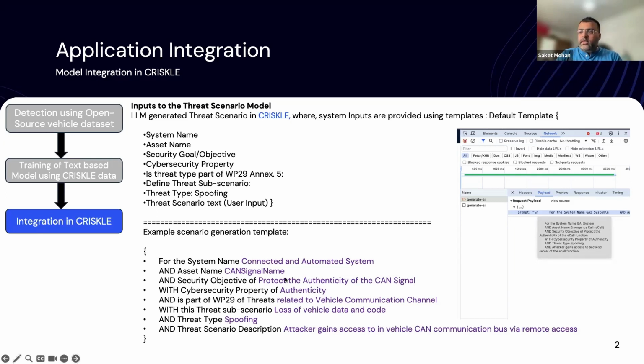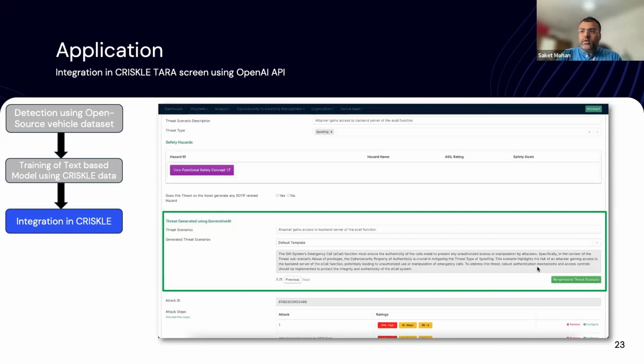So in totality, this is what the APIs basically sent to the OpenAI GPT 3.5 model. It used the RAG concept and generated threat scenarios. And this model is now integrated as part of our tool chain